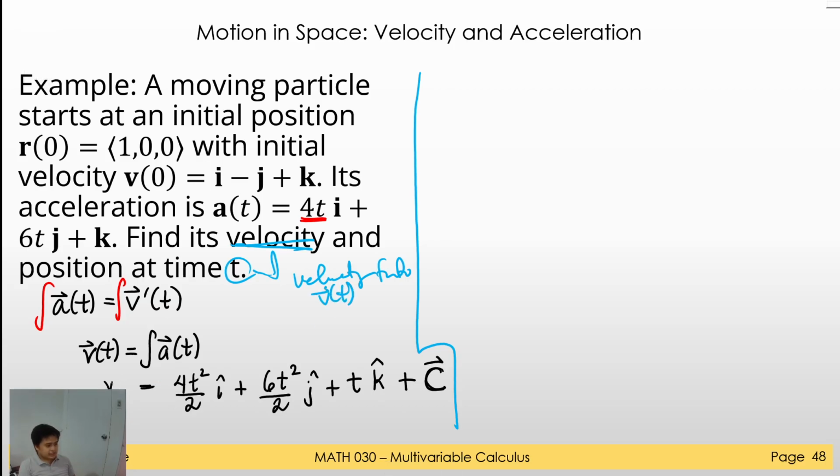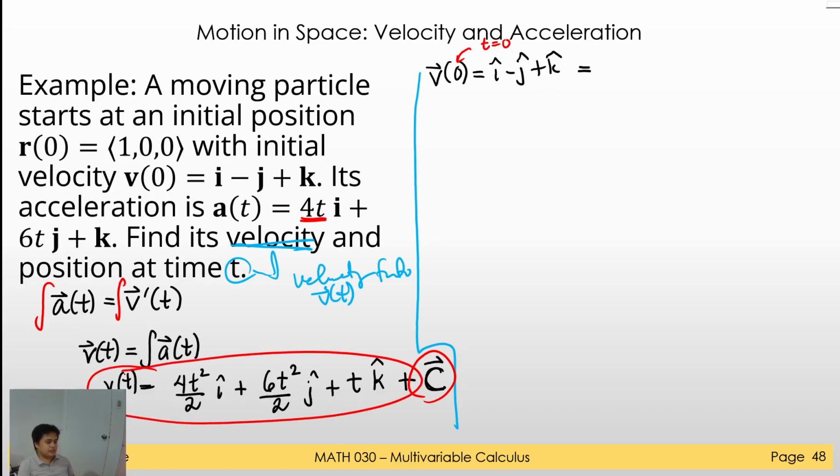This is not yet the answer since we still have a constant. We have a given initial condition though, so we can utilize this one. So the v of 0 is equal to i, negative j, and k. This basically means when t is equal to 0, you have this as your solution. Therefore, what we can do here, guys, is substitute this. So we know that this is your v of t. If we substitute 0 here,